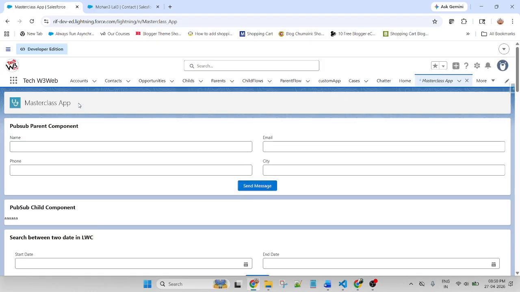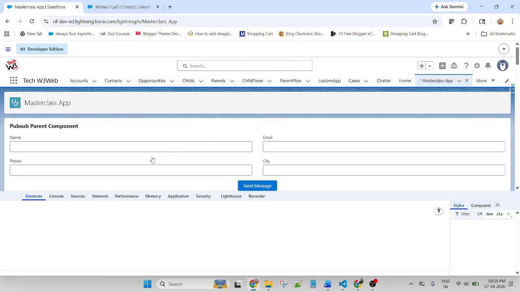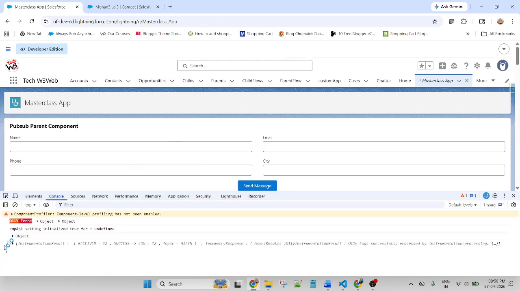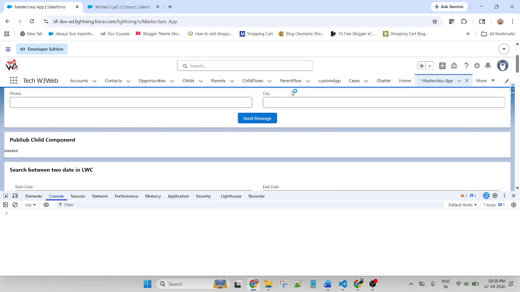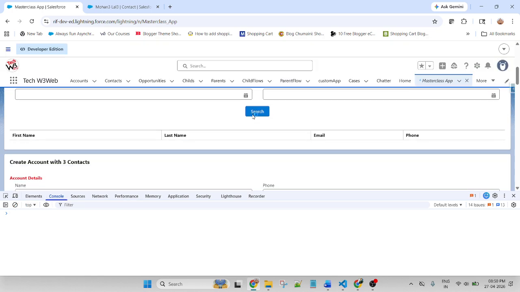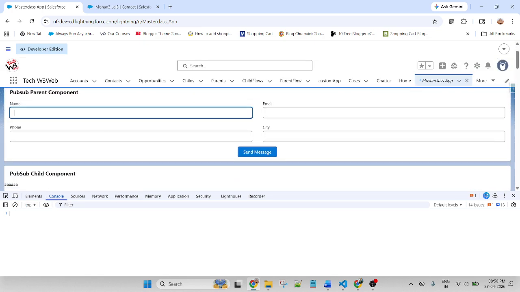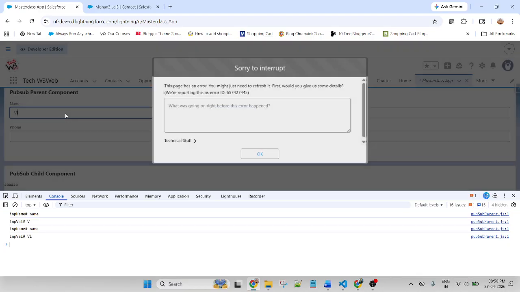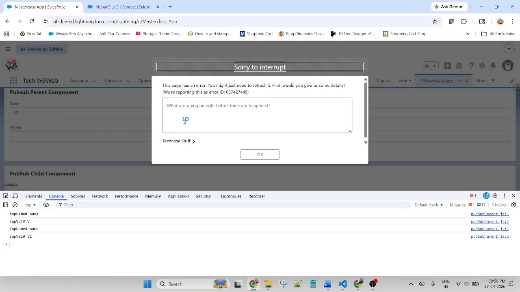Now let me check the data in the console. Clear the console. Now put the data. This is my data. Why does it display wrong?